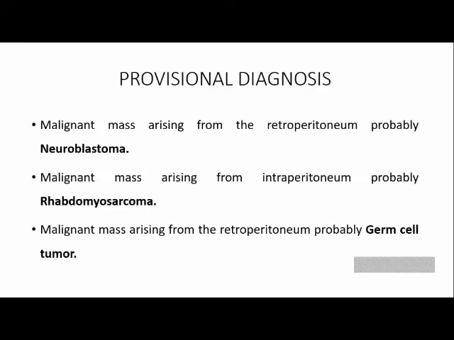So only if a neuroblastoma is crossing the midline, then we are stuck. We don't know whether it is an abdominal germ cell tumor or neuroblastoma. But the thing is, we can never feel variable consistency in a neuroblastoma because even the calcifications are microcalcifications. Whereas for a germ cell tumor, it will be of variable consistency throughout the tumor. Then we would think of germ cell tumor. This is probably how clinically we would approach the possibility of Wilms tumor versus neuroblastoma versus germ cell tumor.